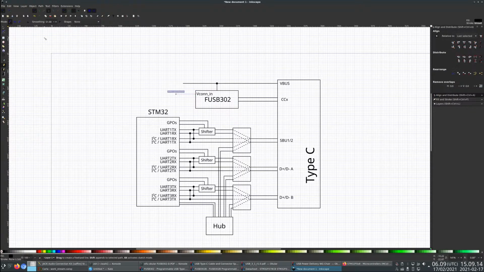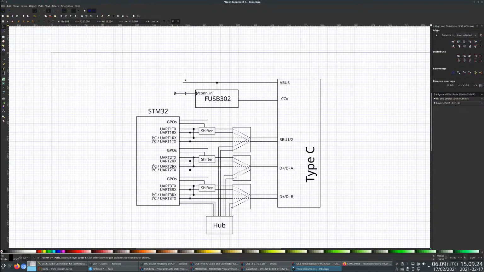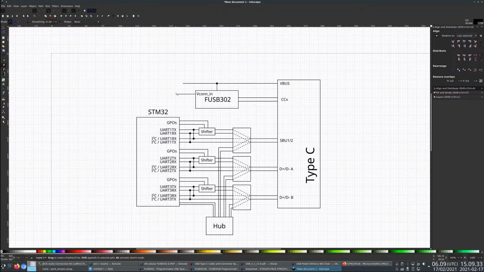And I think we can deal with just using jumpers for this. It's going to be one of three things, basically. For VCon, it's either going to be switched between 5 volts or